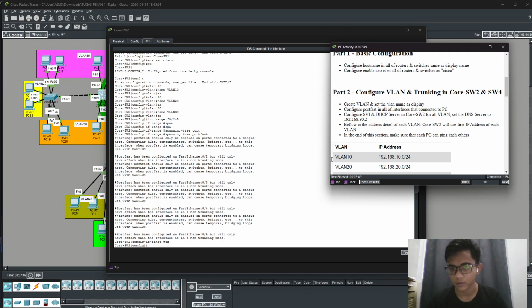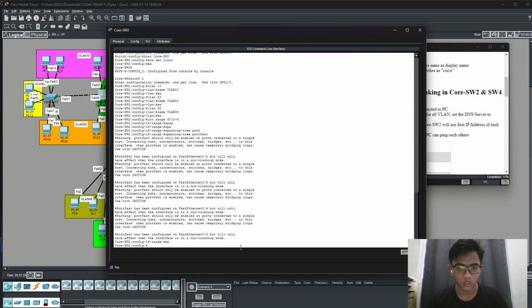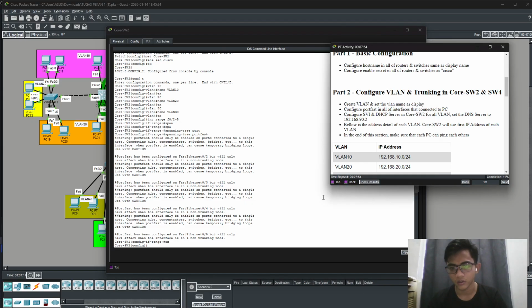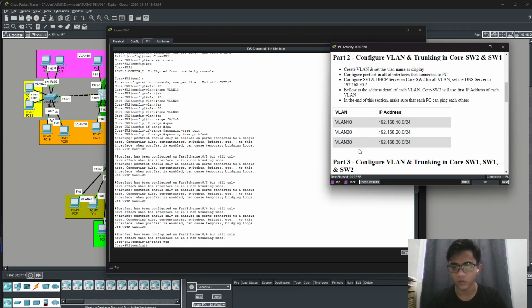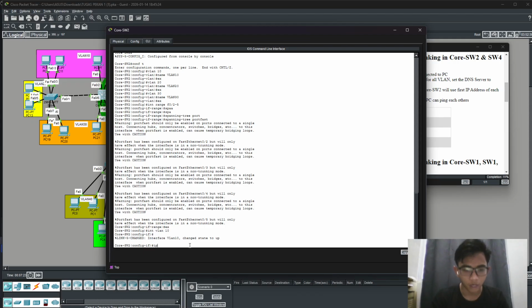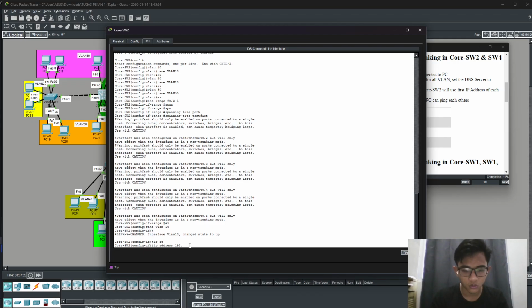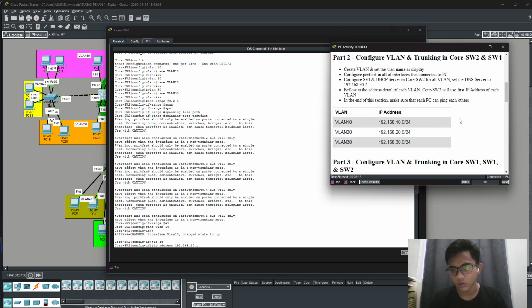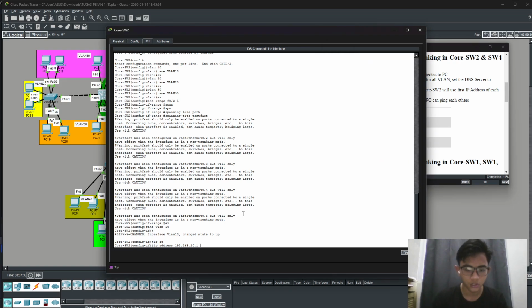The next step is to configure SVI and the DHCP server in CORE-SW2 for each VLAN, and set the DNS server. But before that, I will set the IP first in the SVIs. Interface VLAN 10, IP address is 10.10.10.1, because we must use the first IP address of each VLAN, and the subnet mask, don't forget.